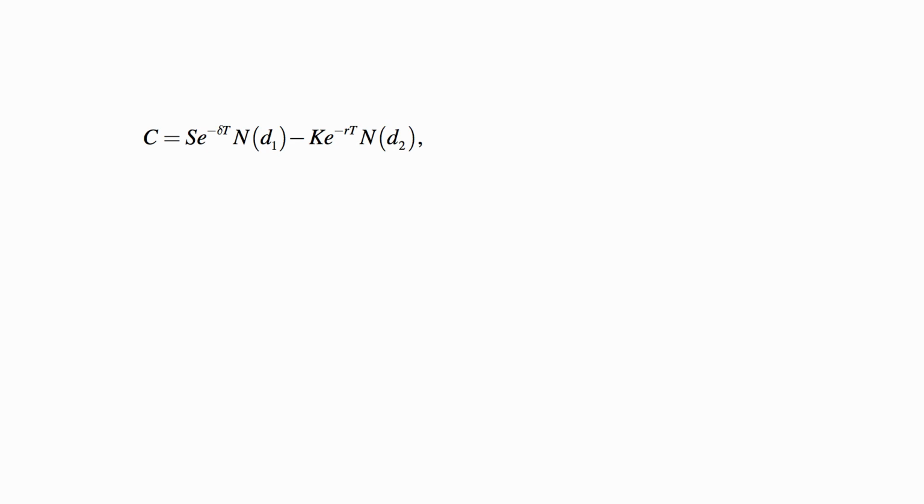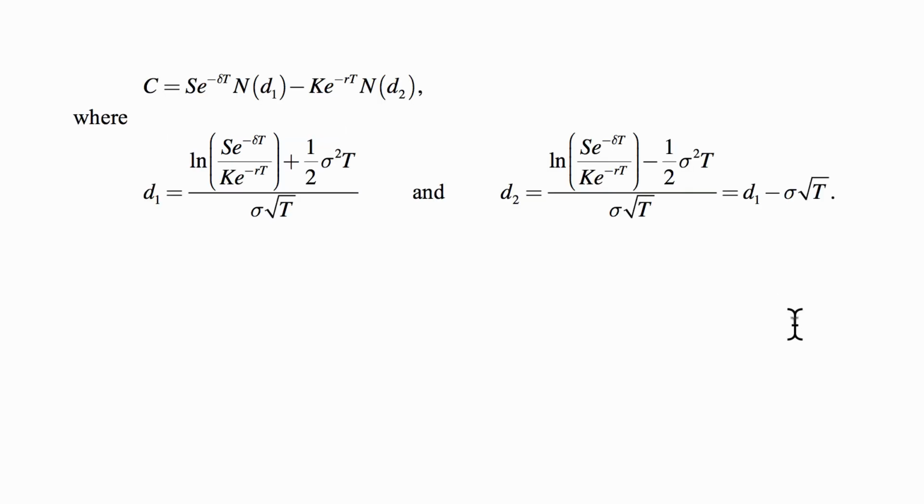Okay, here it is again. The formula for the call, the Black-Scholes formula. You need to remember it. And here it is with the formulas for d1 and d2. So let me make a suggestion about how I remember the formula. I think about it as a lottery ticket formula. No, it's not very precise, I know, but